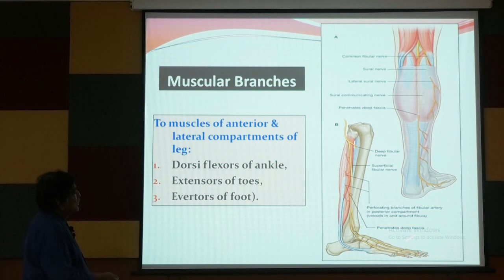This, you can see the posterior aspect. Here, this is the branches. Okay, now